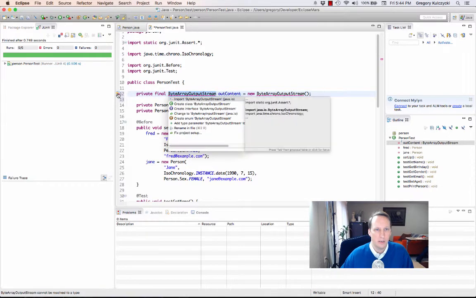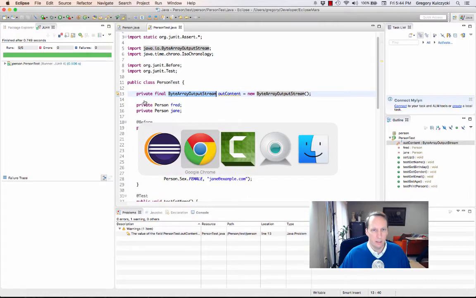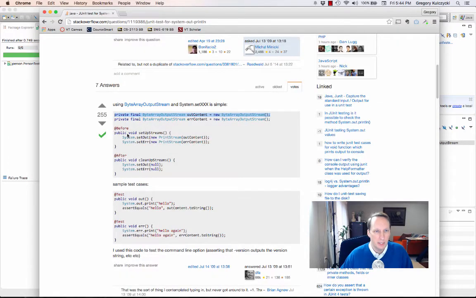Doesn't know what they are, so we're going to click on this, and the first one is import it. It's nice when the first suggestion works. Okay, we're going to save that,